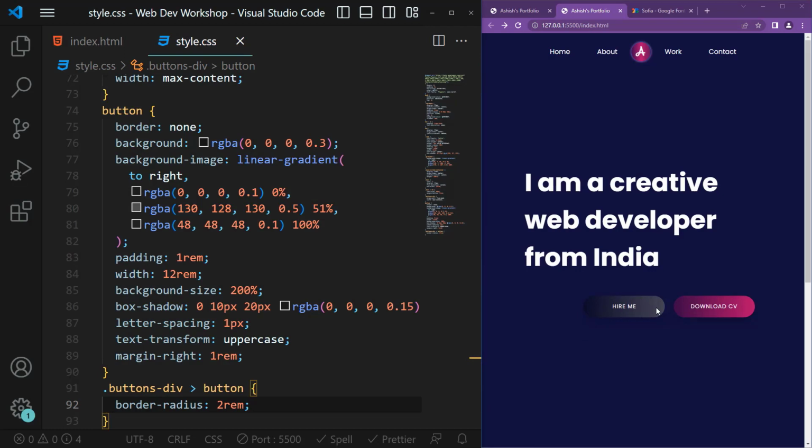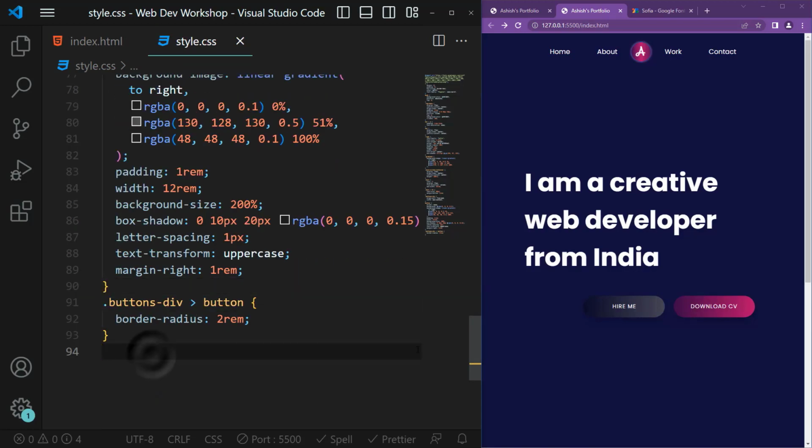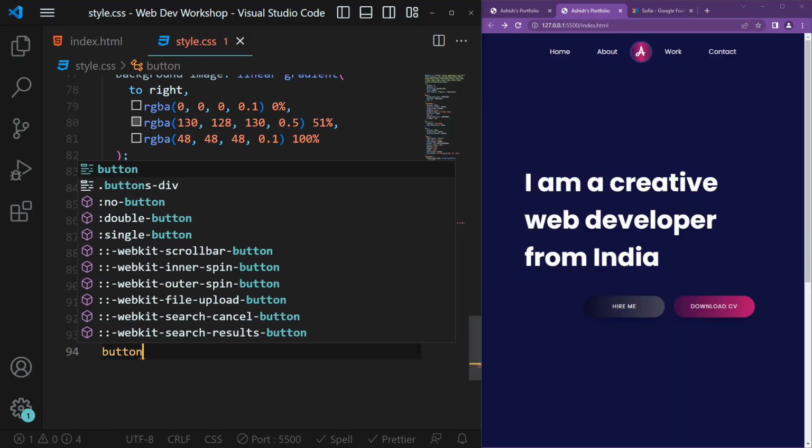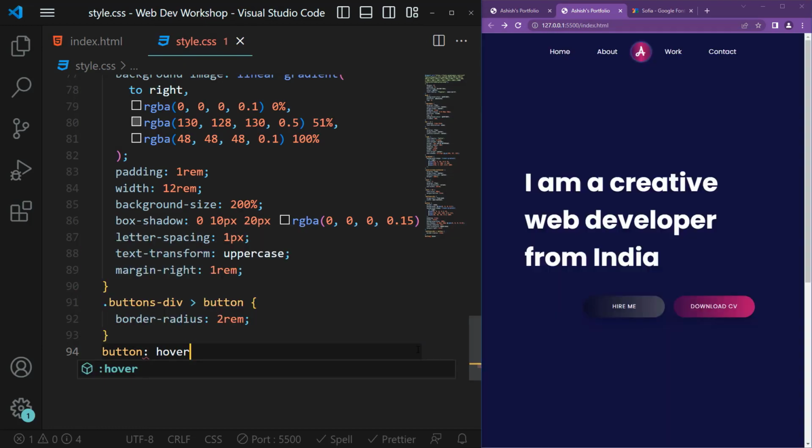And now you can see that we have created these awesome looking buttons. Now next what we want to do is create some hover properties. Right now when we are hovering over the button, there's nothing that's happening. So let's create some animation for our hover. So we'll say button:hover